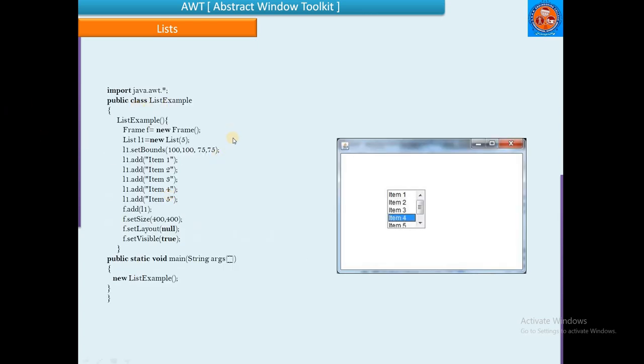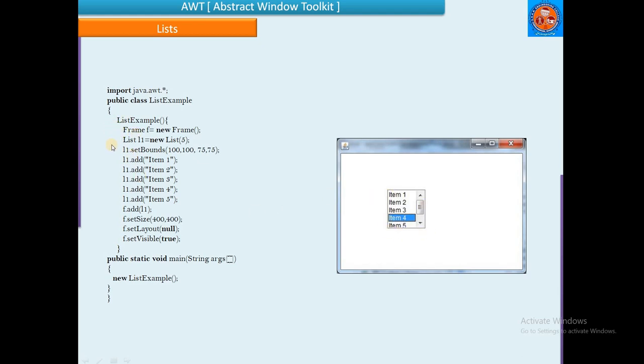This is the implementation of the list. See this window. In this, we have multiple items. Item 1, item 2, item 3, item 4, item 5, so on, item n. From those n items, we have to select the required number of items, and then it will return the selected items to the user.